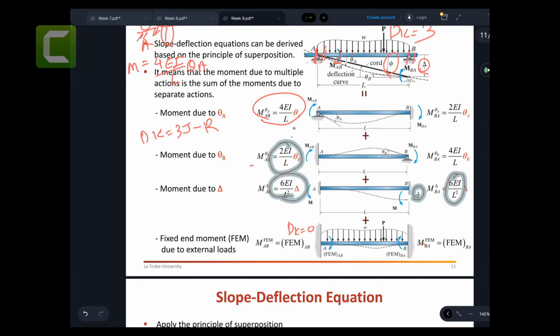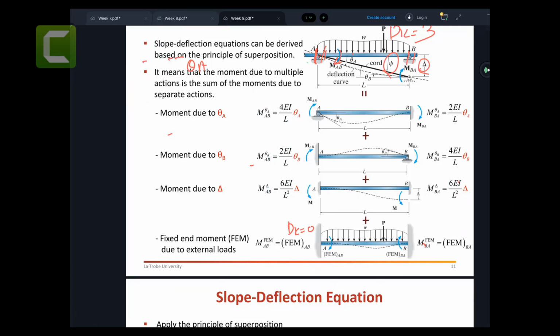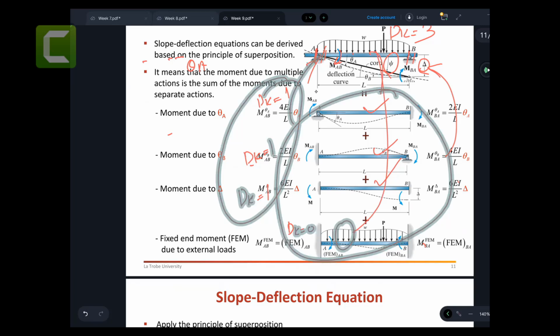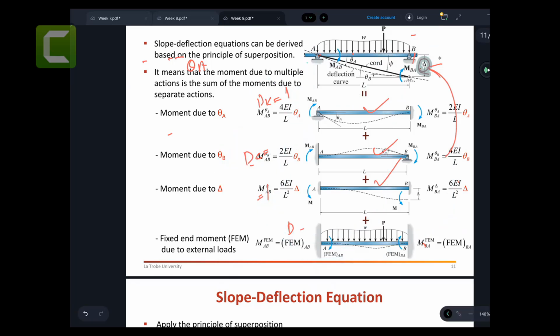Now, I did not put those forces, the real forces, here, because we already put this one. So if I superpose all of these, if I add all of them, I will get the real structure. Do you agree with me? Because the kinematic degree of indeterminacy is 1 here, 1 here, and 1 here, so all 3 add up to 3. All the real loads here. Right, so if you superpose these, I can get my real structure, which has